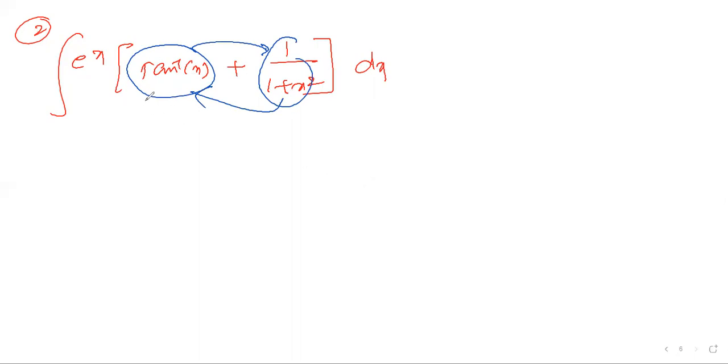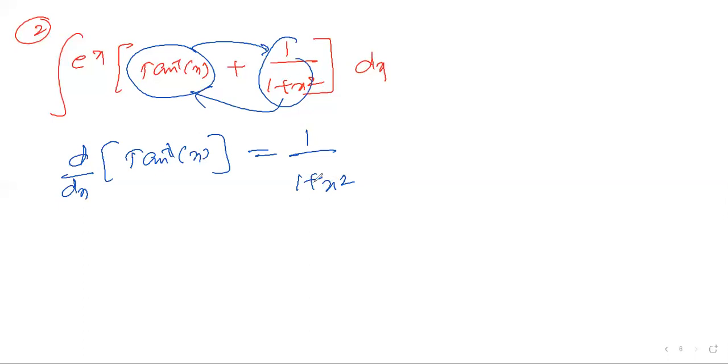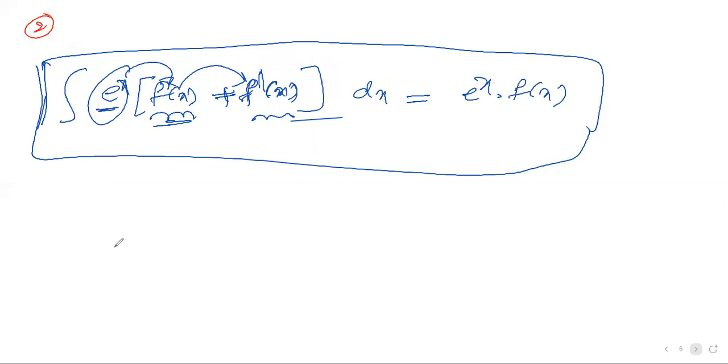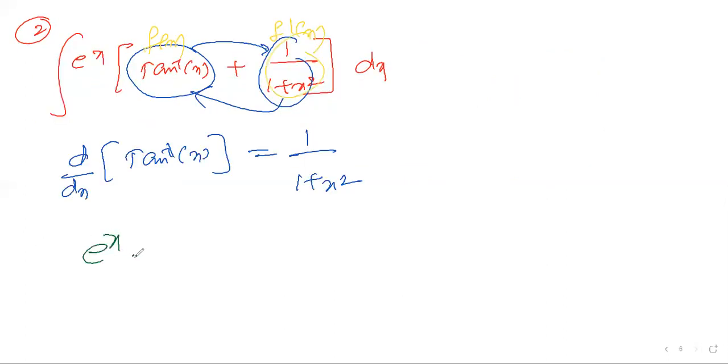For this, we have to know differentiation. You have to be a real master in differentiation. The differentiation of tan inverse x is 1 by 1 plus x square. Am I clear? Yes, sir. So now from this, you can easily understand from the question, this is f of x and this comes under f dash of x. According to the previous formula, e power x into f of x plus f dash of x, what is the formula? e power x into f of x. So e power x into f of x means tan inverse x plus c. This is the answer. Clear, Nana? Yes, sir.